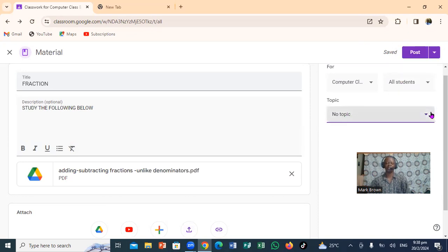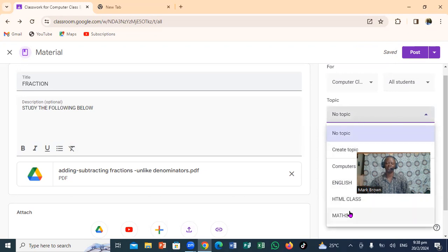If you notice right here, it shows a topic. So no topic, so if you want to put a topic, come like that. So these are the various topics right here. So you actually put in the topic we want. So this is exactly how you upload a